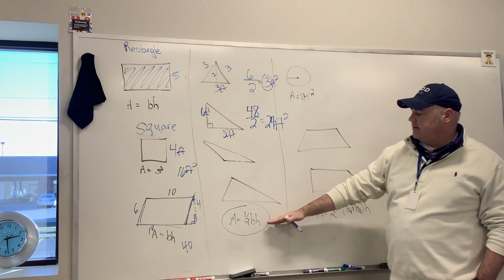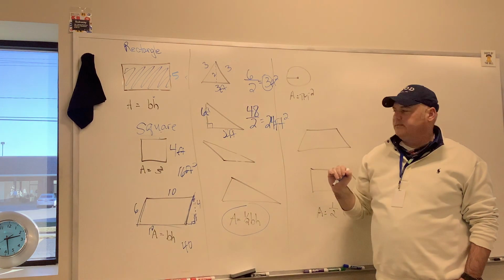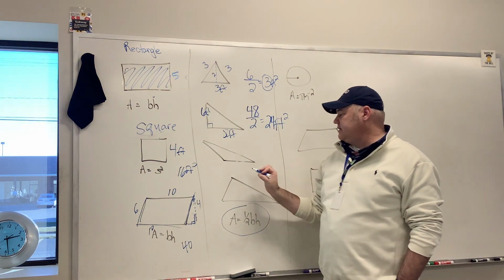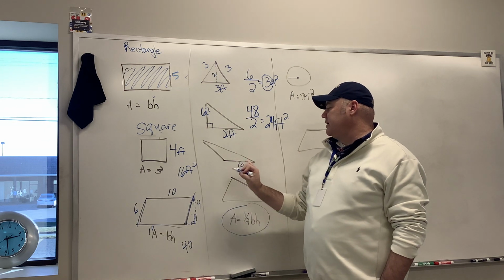So same thing, base times height divided by 2. Here are 2 different triangles that we can use that on. Now here is an obtuse triangle, and let's say this is, let's make it 6, let's make this 10,